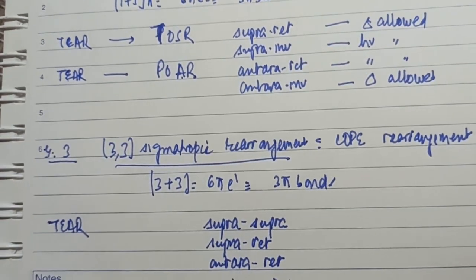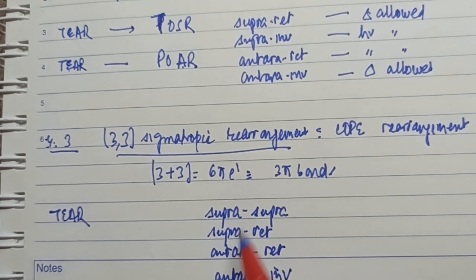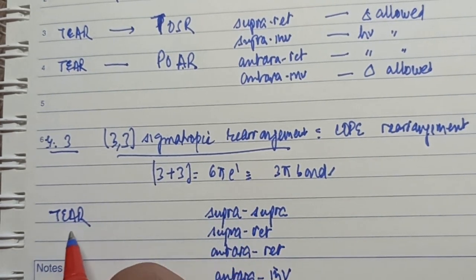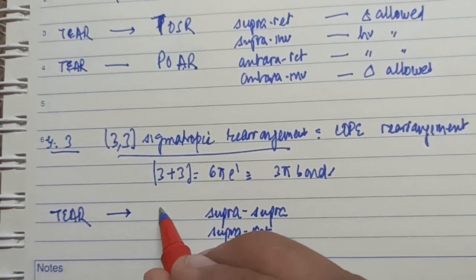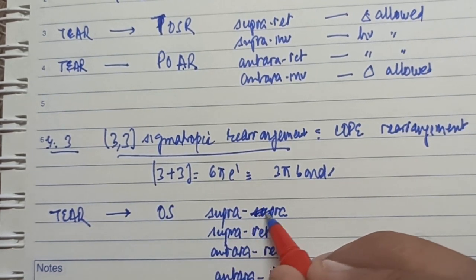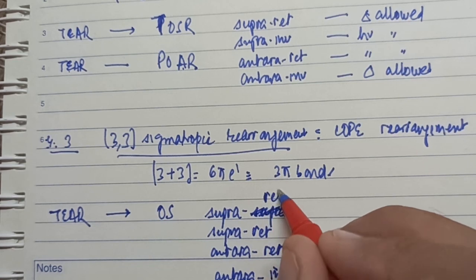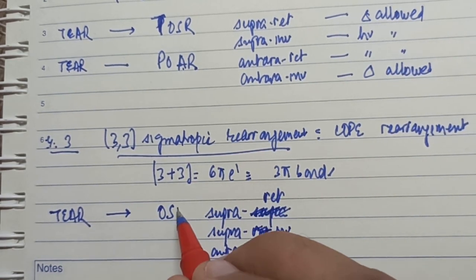Okay, how do we use this formula? This is simple. We've written down all the possible reaction conditions. Let's apply this formula for supra. Remember this thing, this is an odd pi bond system. So this formula has to be changed from even to odd. The process is suprafacial, written suprafacial retention. This would be suprafacial inversion. So suprafacial retention is this one.